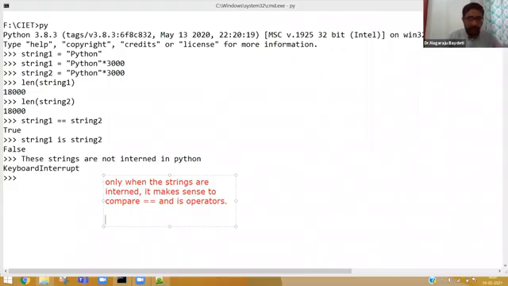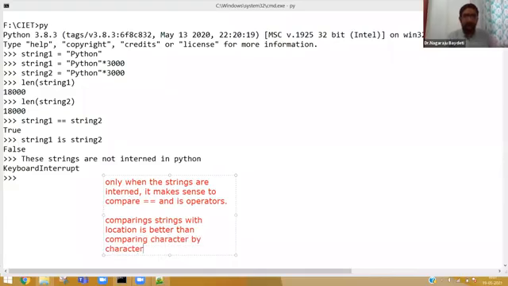Because comparing strings with location is better than comparing character by character. Okay, so with this understanding, let me take the screenshot and let me clear all the drawings.